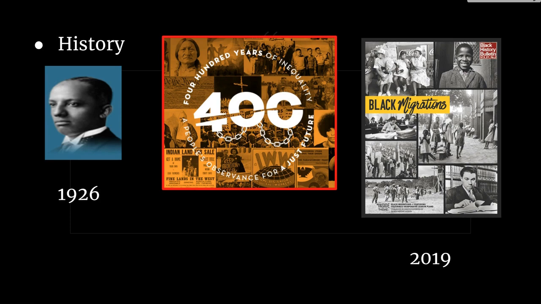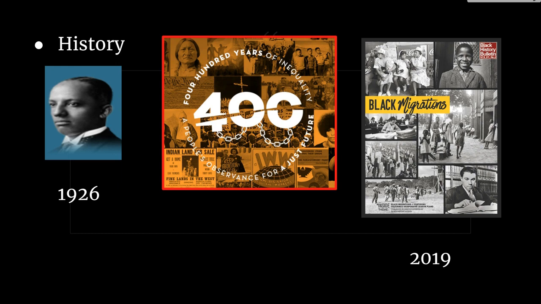Initially, Black History Month began in 1926 as the brainchild of Carter G. Woodson, a historian and scholar who was told that African Americans had no history by his white history professor. Carter G. Woodson spent his life trying to refute this claim. And in February 1926, between the birthdays of Frederick Douglass and Abraham Lincoln, the first Negro History Week was celebrated. It lives on today as Black History Month, or alternately, African American History Month.